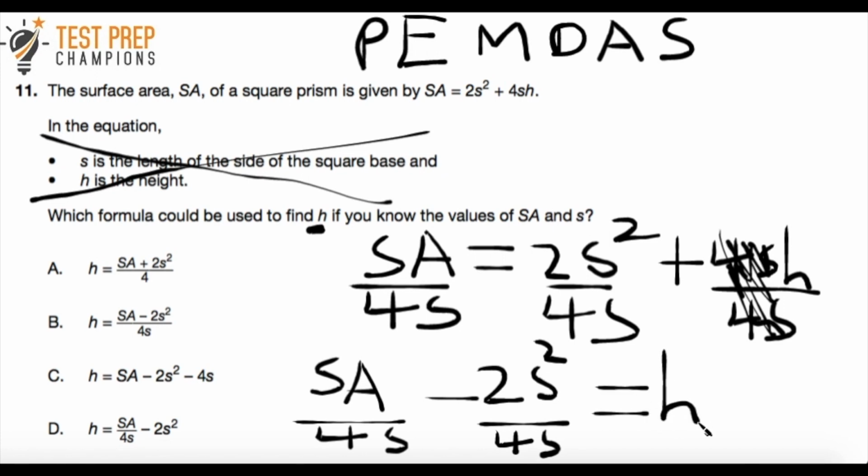All right, so we see here that we've got a common denominator. So we've got SA over 4s minus 2s squared. So the denominator is the bottom term in the fraction. So the bottom number, or everything in the bottom of a fraction, is what we call the denominator. So when you've got a common denominator, you handle that by just subtracting the two terms up top, right? So we can really rewrite this whole thing as SA minus 2s squared all over 4s, and